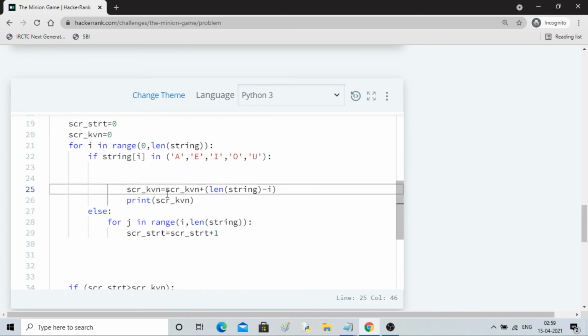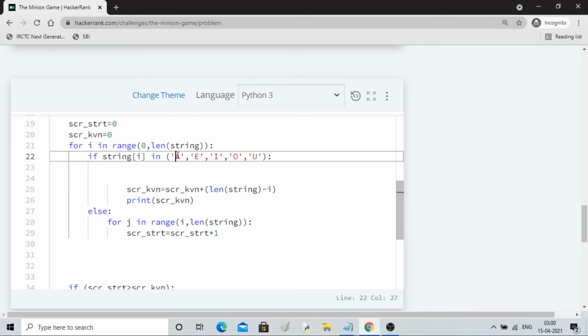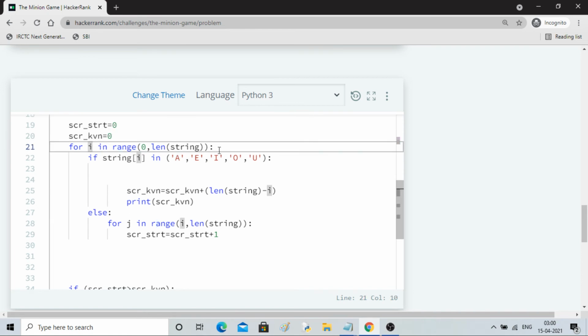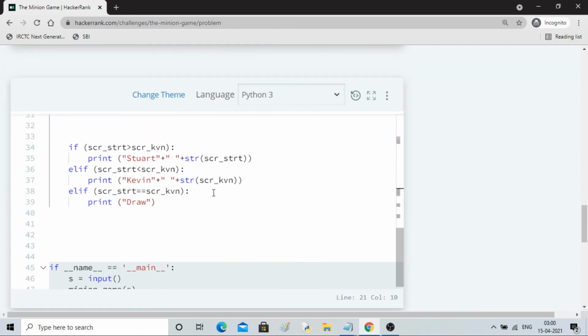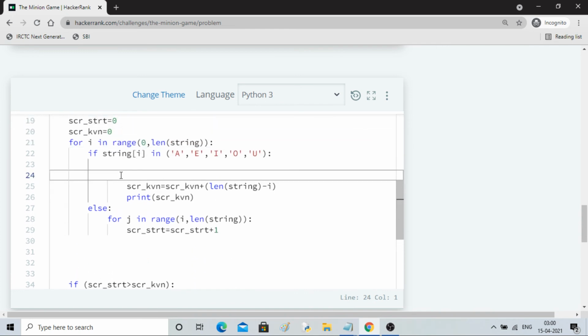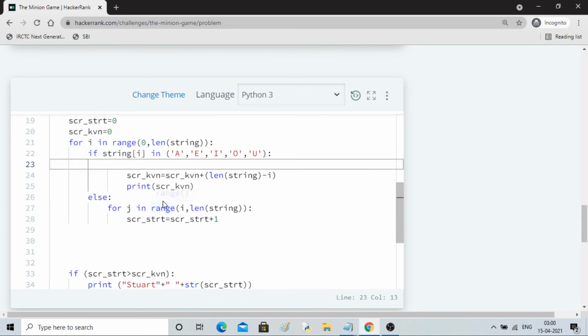So what I am doing is I have removed the for loop. This was 0. Okay, so if I value is here, so total length is what? Sorry, I is at B, right? If it is at B, it will add 1 2 3 4 5 6. That's what it has to do. So it is subtracting from total length minus whatever the position you are in, and it kept on updating the score. Okay, so let me do here as well.